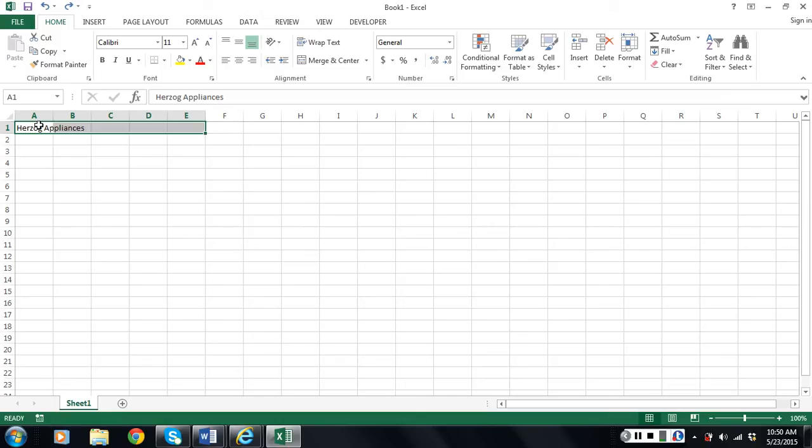Step 2, you select that cell and the cells to the right you want to merge it with. And in step 3, you come up here to Merge and Center. That will put the words between them. Now what I would like you to do is to make sure that the words Herzog Appliances are 36 points